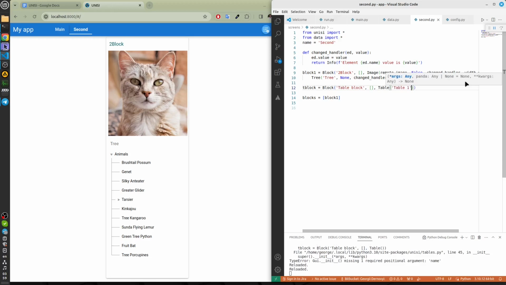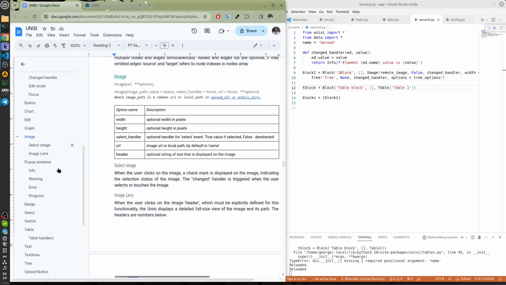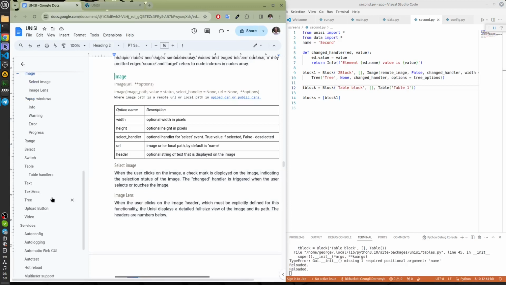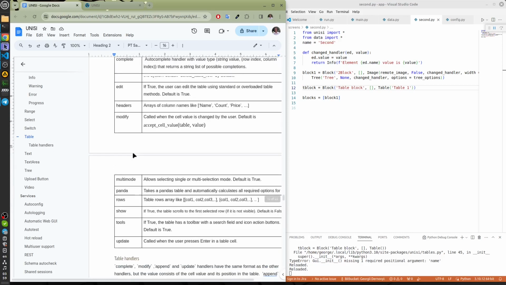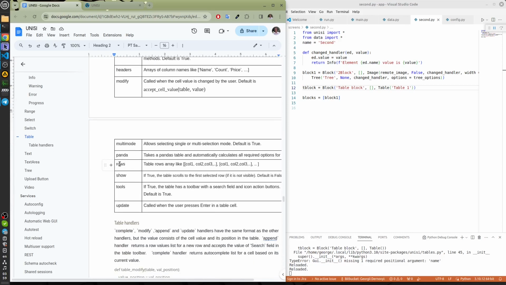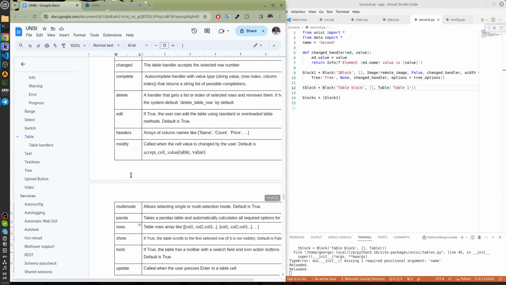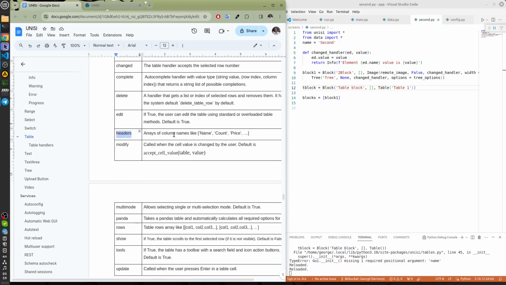and see the documentation about a table. Name, value, changed handler. Value is what is selected in the table, and from the options we must specify rows and headers. Headers are column names, and rows are the table lines.